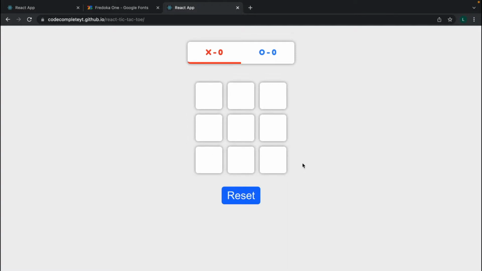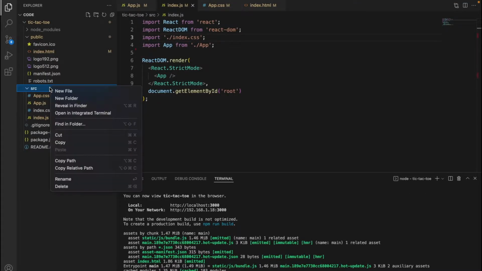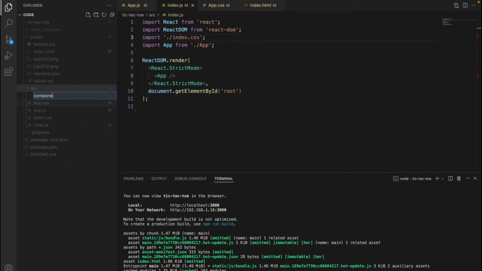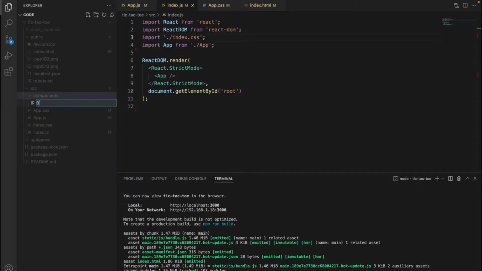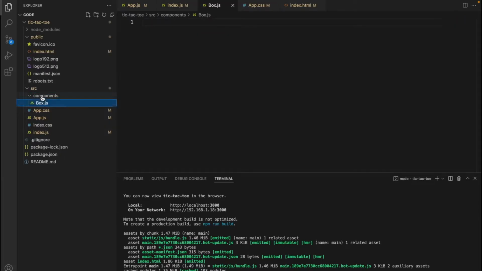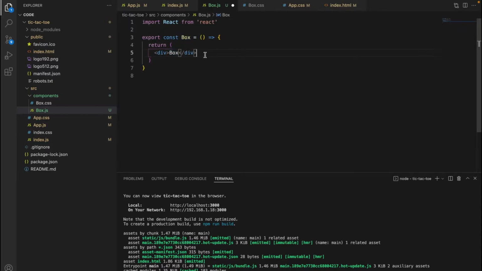Let's get started with the box first. To get started, we will create a folder inside our src folder, which will contain all the components. So we say new folder and name it components. And inside that, we'll make a JavaScript file for the box. We'll name it box.js, and we'll make a corresponding CSS file, box.css. Inside box.js, we can type RAFC, and that will create a functional component for us, an arrow functional